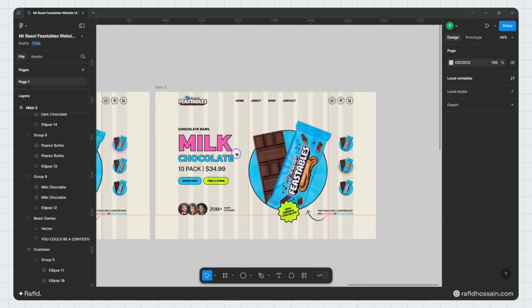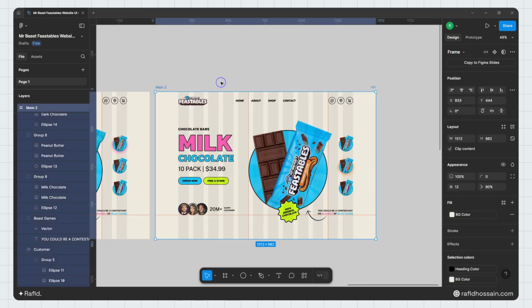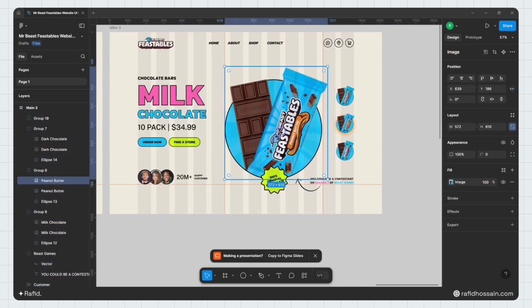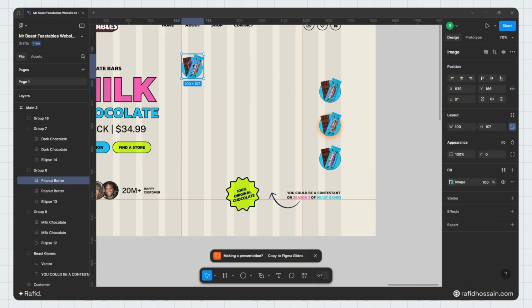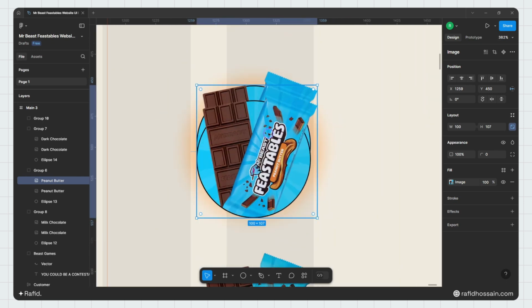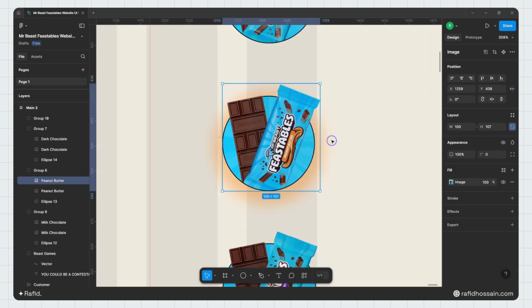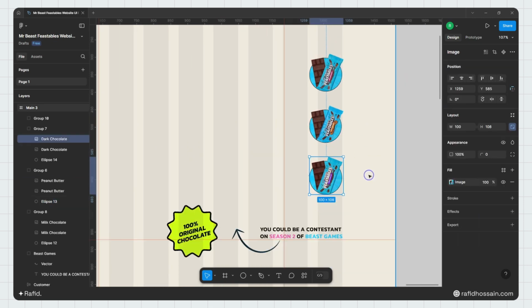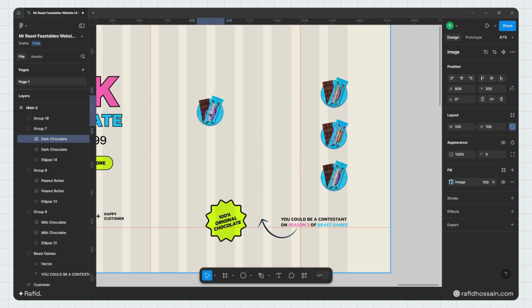this. Now I'll duplicate this frame, press Ctrl plus T, and now I'll select this big image, and I'll make its width 100 pixels, and I'll place it here like this, and select this ellipse, and I'll hide this drop shadow like this. Now select this one and move it to here, and I'll make the width 572